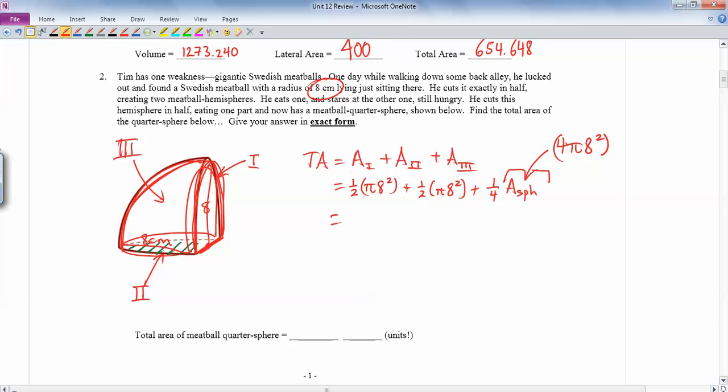So then this is going to turn into, let's see, half of pi 8 squared would be 32 pi instead of 64 pi. We're cutting it in half. And then there's another 32 pi. And then this is going to be 1/4 of 4. So the 1/4 and the 4 cancel, and we're left with 64 pi. So then that's 64 pi here plus another 64 pi. That ends up being 128 pi centimeters squared. Okay, I hope